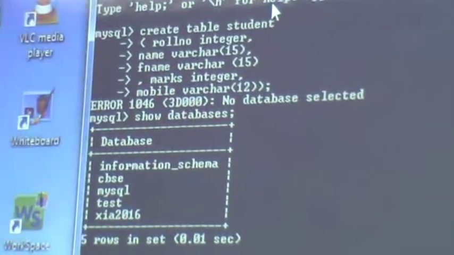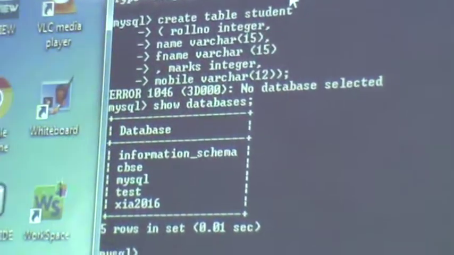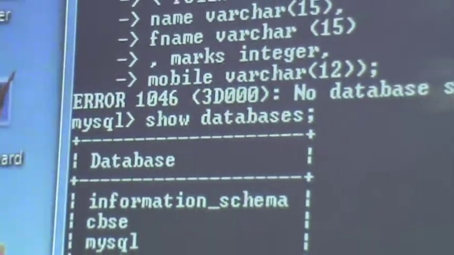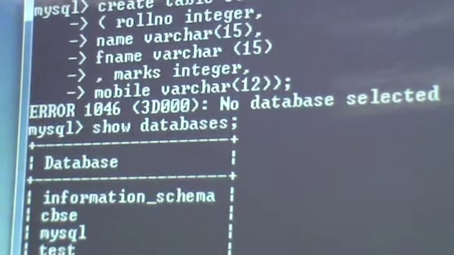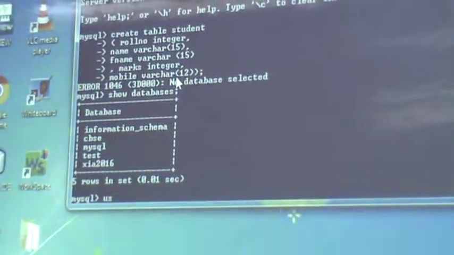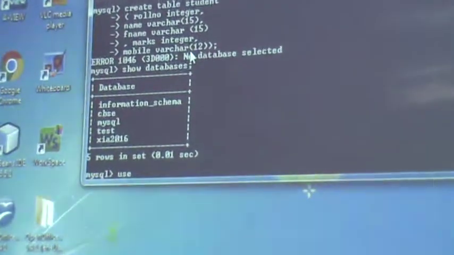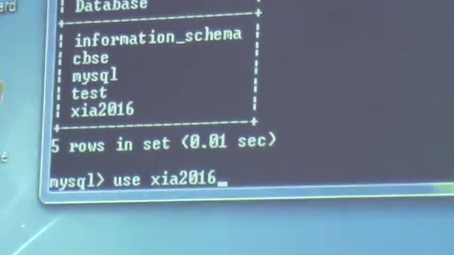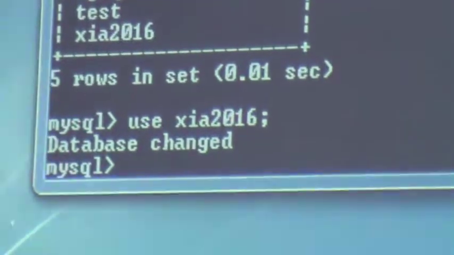We can open any of the databases using the use command. So use, which one? 2016. Database changed.